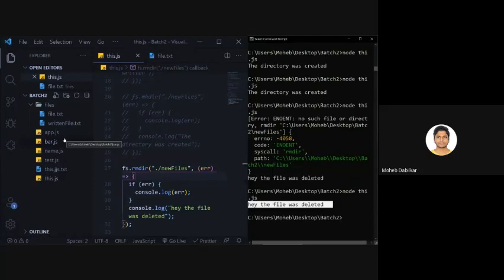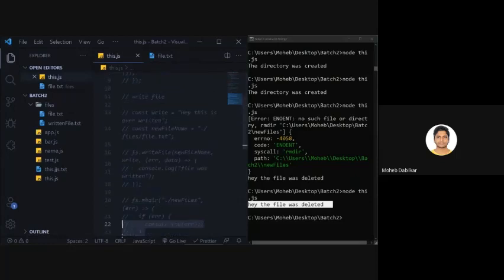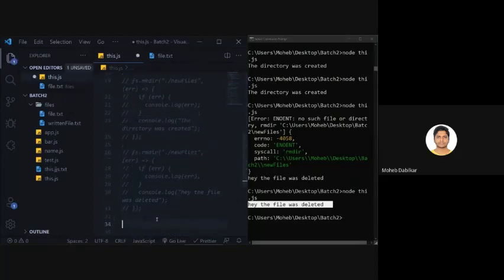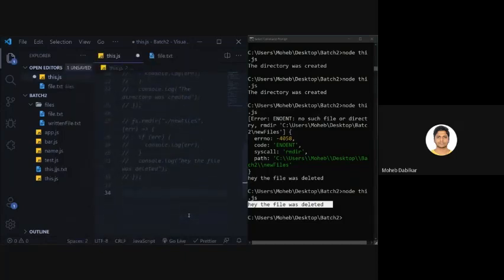So we also have deleting files, but right now if you see we are getting errors. So we will do a bit of error handling. We have only 2 minutes, so we won't do error handling. I will keep this for you, and once we create our GitHub repo, you guys can access these files from me so that you can understand all this. All right, let's learn about deleting files.